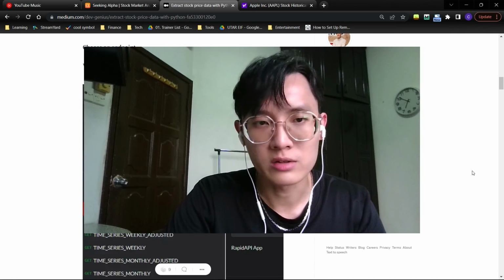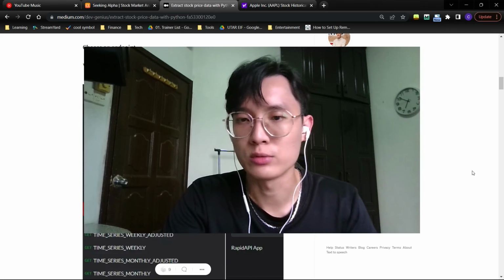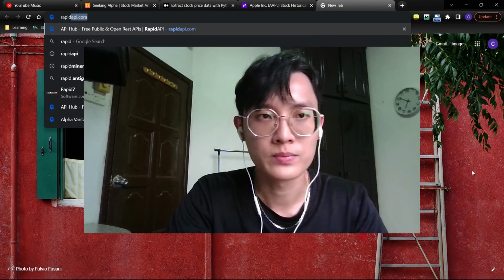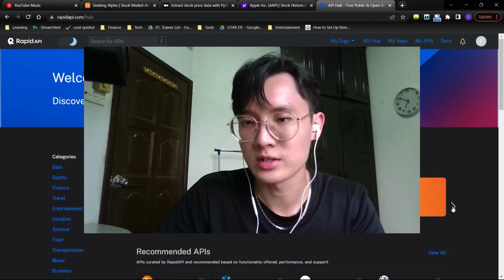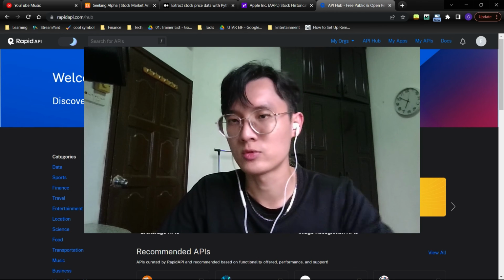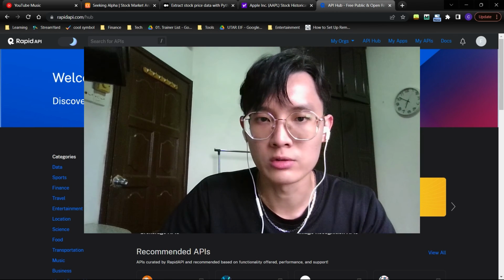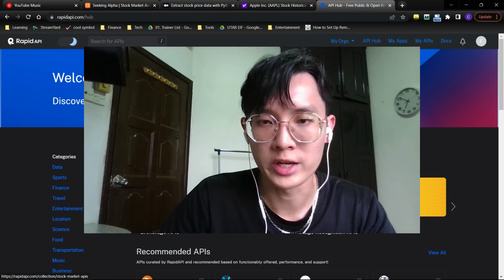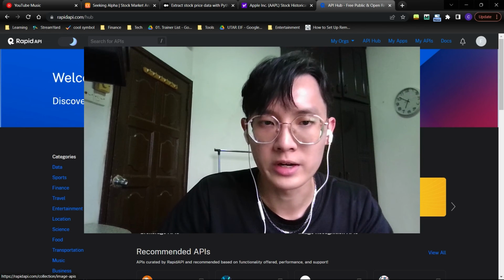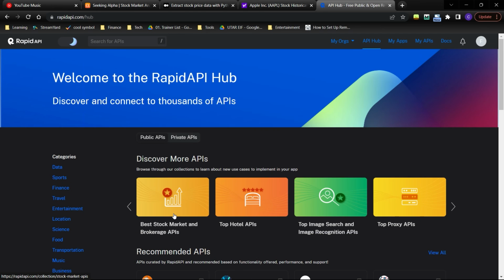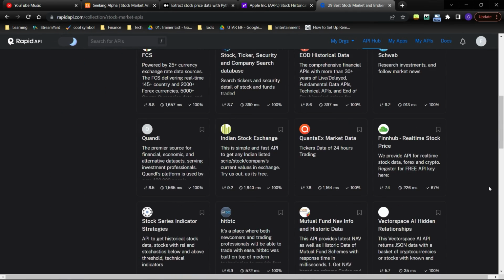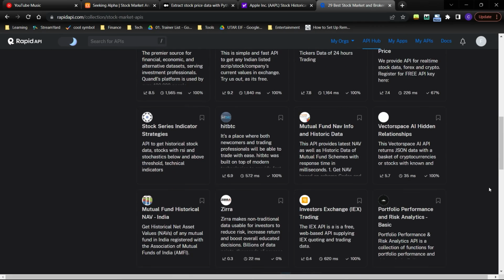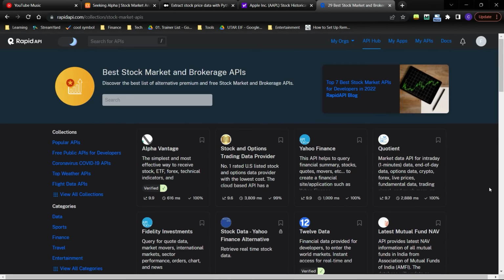There are a lot of APIs out there, but I would just like to introduce you to Rapid API. This is free, and even if you want to scale up to enterprise level, you can always pay a certain fee to get some additional features. Right, so we will go to best stock market and brokerage APIs, and there are a lot of APIs here that serve different purposes. Some of them might serve the same purpose, some might serve different purposes, some for different markets, some